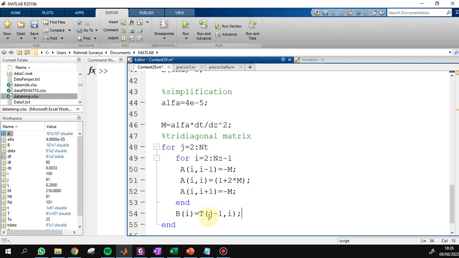The reason for j minus 1 is that the loop starts from 2, so we need to go back 1 step.